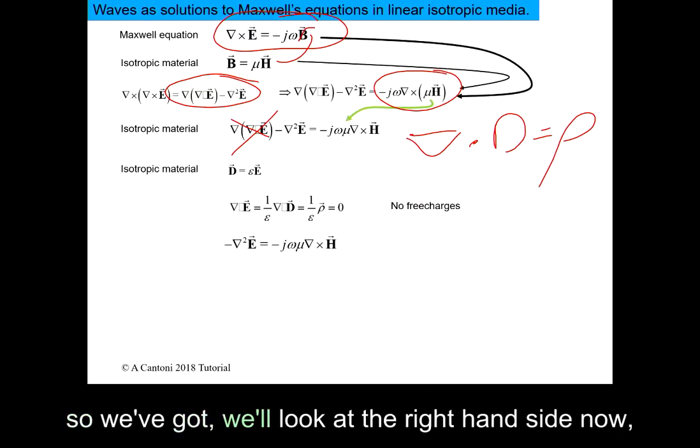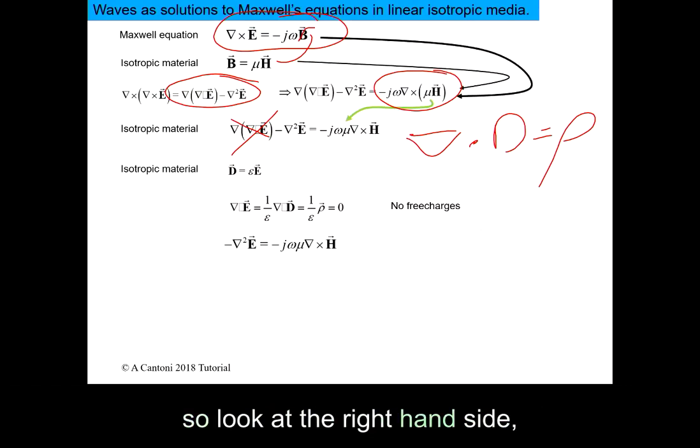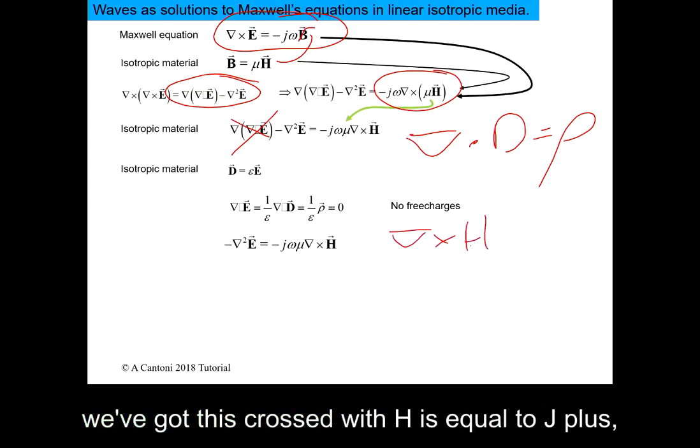So we'll look at the right-hand side now. If we look at the right-hand side, we've got this crossed with H is equal to J plus,